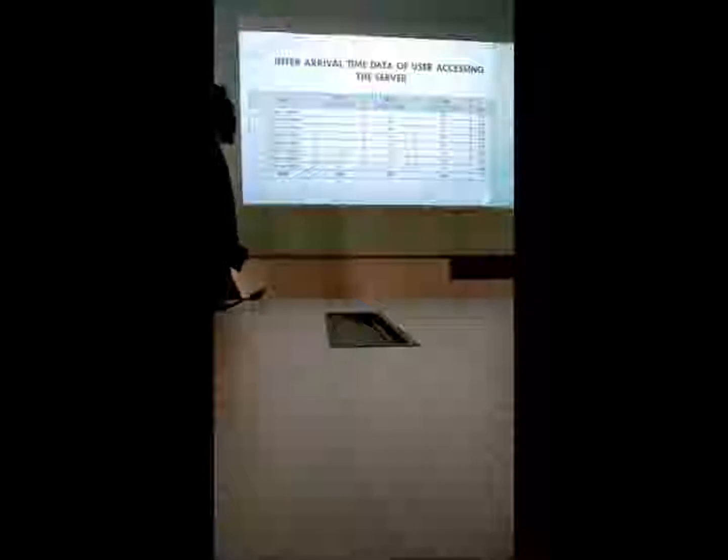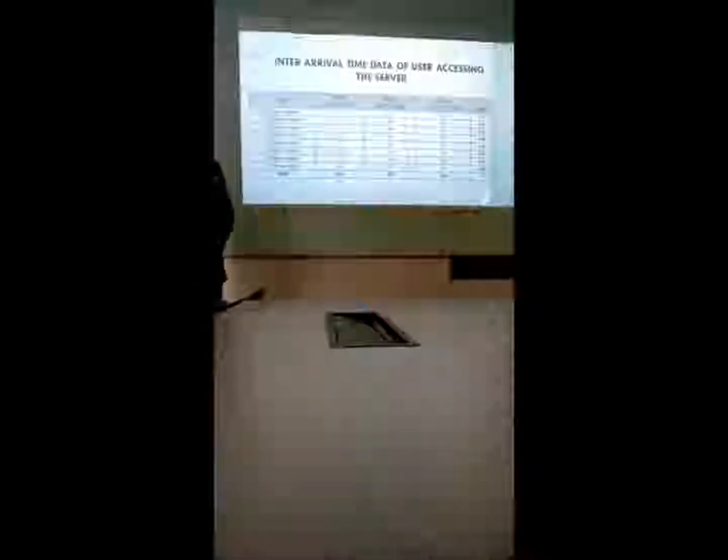So we will calculate the inter-arrival time data of users accessing the server. There are 3 different servers and 3 different environments, which are PDC, SDC, and cloud. PDC is the primary data center, SDC is the secondary data center, and the cloud is not covered on internal accessing, but from outside accessing.